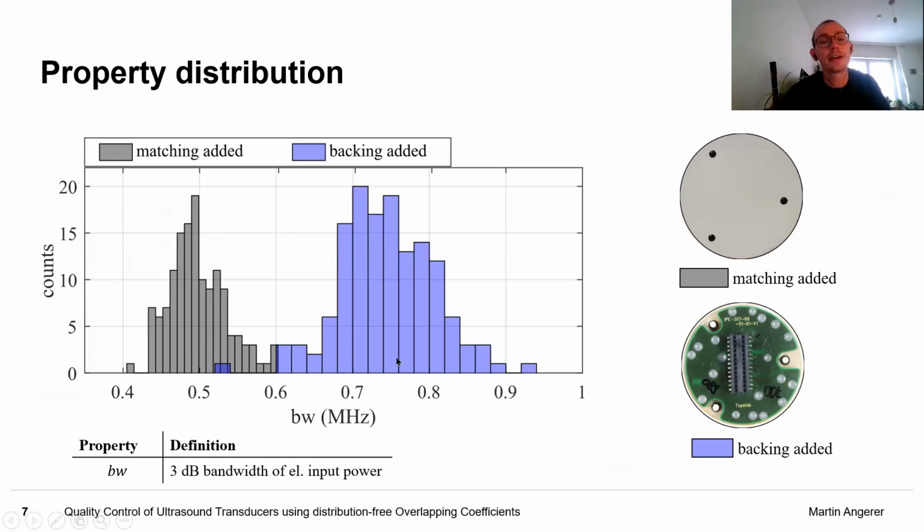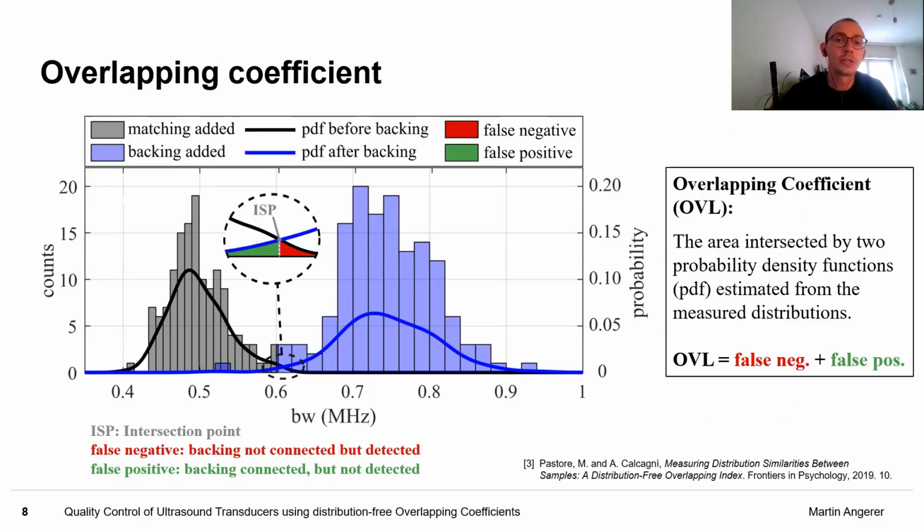In order to classify this rise and to be able to group them before the backing was applied and after, we have to apply some statistics. Unfortunately, most of our transducers did not comply well with normal distribution behavior. So some errors would be inevitable when using only mean and standard deviation procedures. Another way to characterize and assess these two